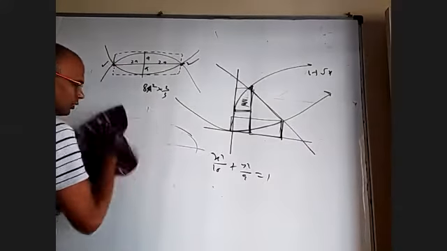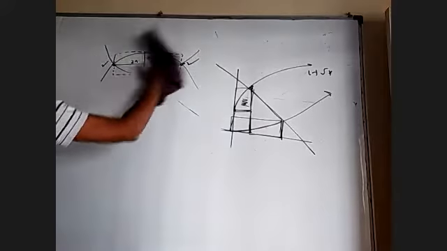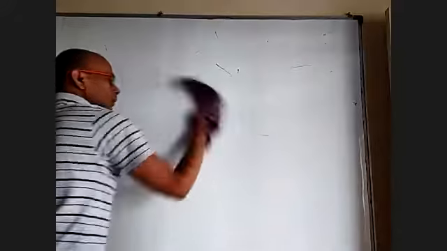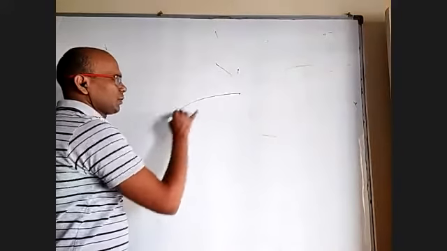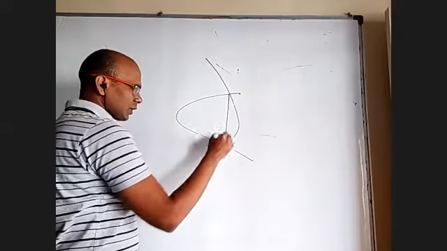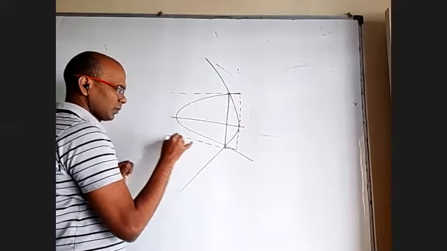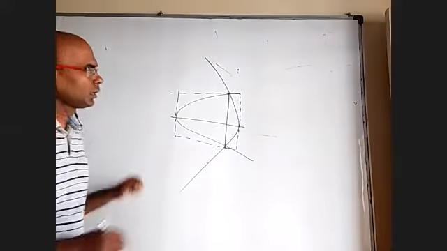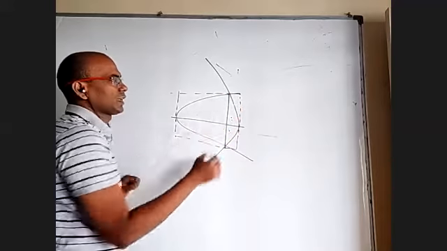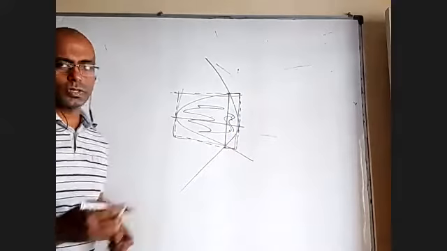Not that all questions we can do it, where our parabola is involved. I'm sure you might have done some questions where one parabola is like this and another parabola is like this. Find the area. There also you can draw the rectangle. Construct a rectangle here like this. This area is 2/3 of this rectangle and this area is 2/3 of that rectangle. So that this total area is 2/3 of this total rectangle. You can do that.